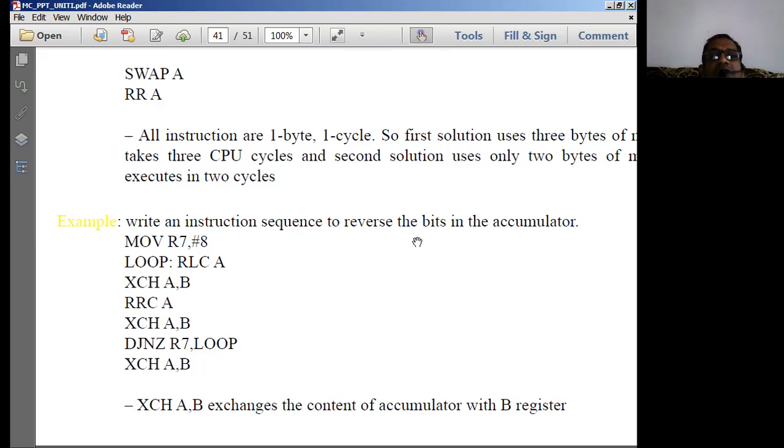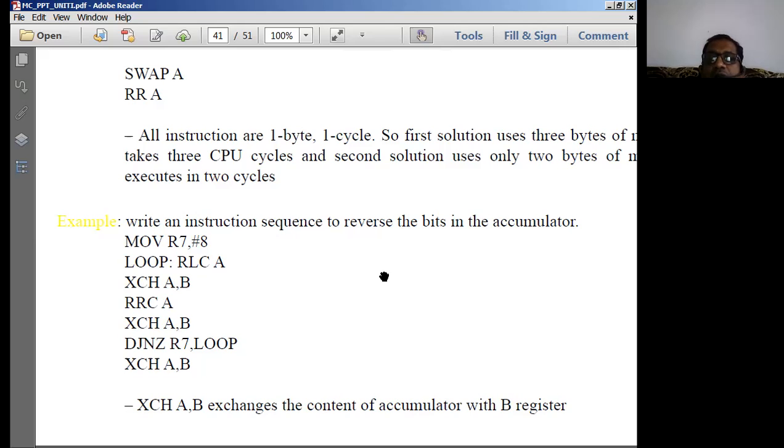So I want to reverse the bits. Now the accumulator in the 8051 is 8 bits. Therefore, I am loading the count 8 into a register called R7. R7 is an internal register, so this 8 is stored in the internal register R7. Now 8 is nothing but the counter, that is, how many times I have to take each and every bit.